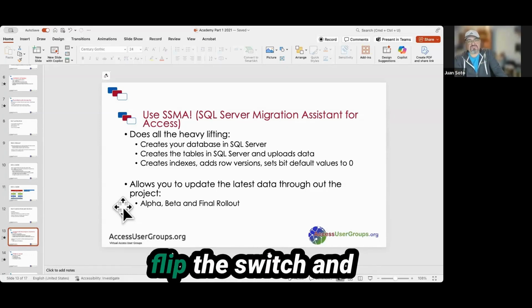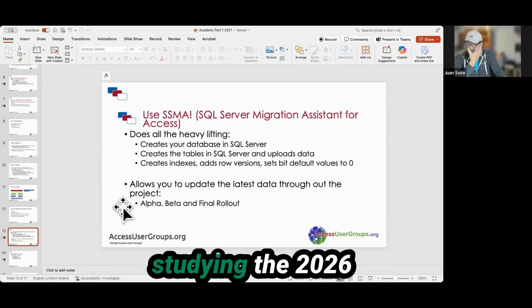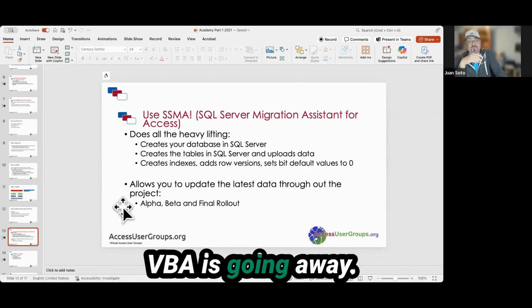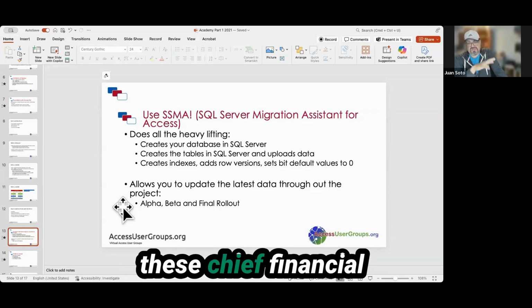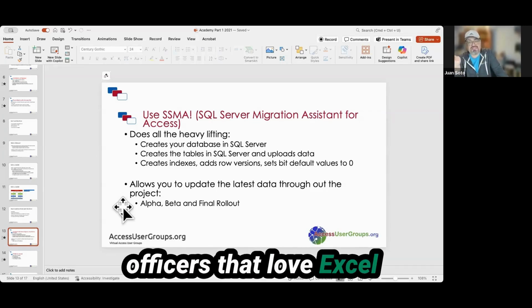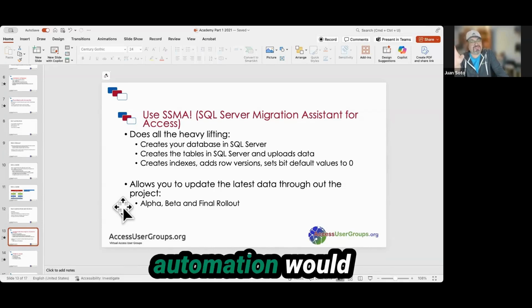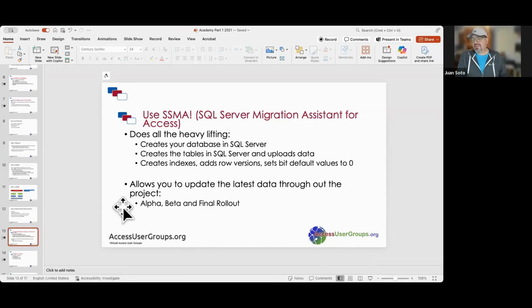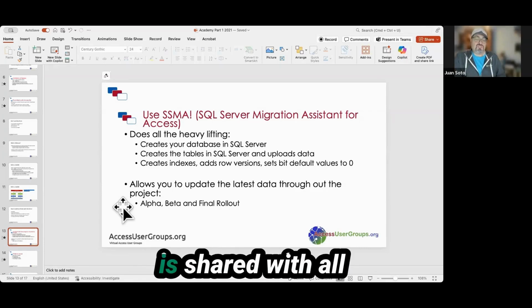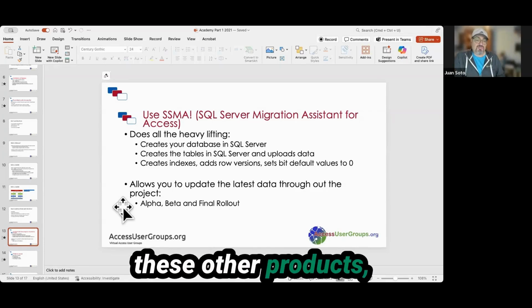Can you imagine if they flip the switch and say, okay, starting in 2026, VBA is going away, there's no more VBA? The uproar from all these chief financial officers that love Excel and have all these macros and all this automation would be deafening, right? They're not dumb. They wouldn't do that. Because VBA is shared with all these other products, they have it.